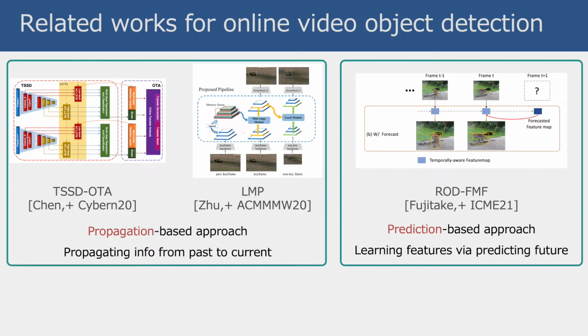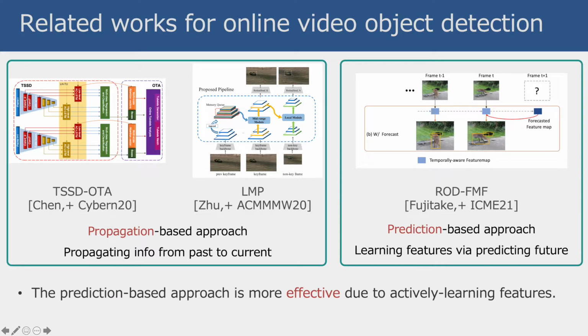There are two main categories. One is the propagation-based approach, generating a robust feature map by propagating information from the past to the current frame. On the other hand, the prediction-based approach has been proposed recently. It does not only propagate past information, but also uses time series information to predict the future. It is more effective than the existing propagation approach because it requires more active learning of information such as object motion